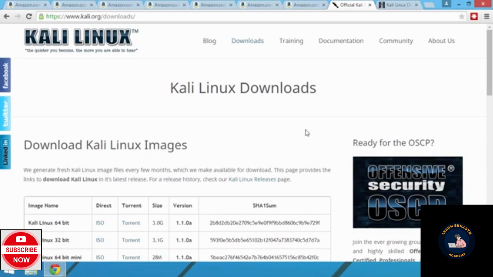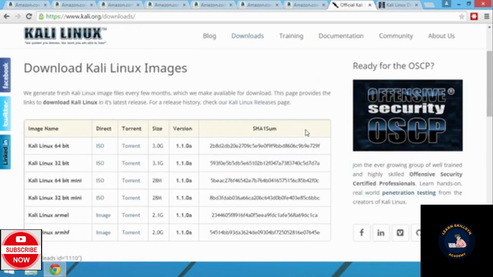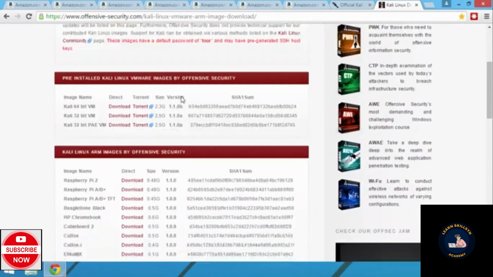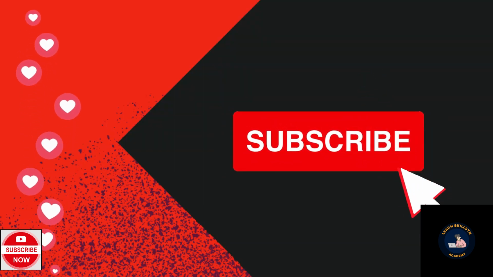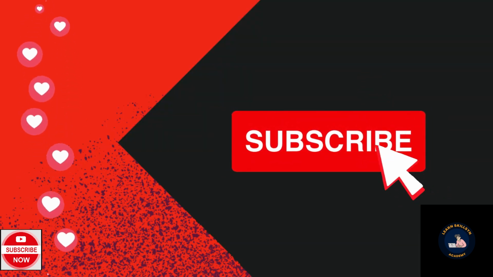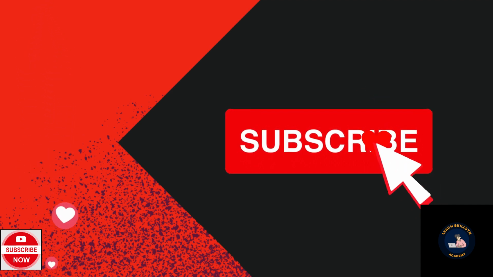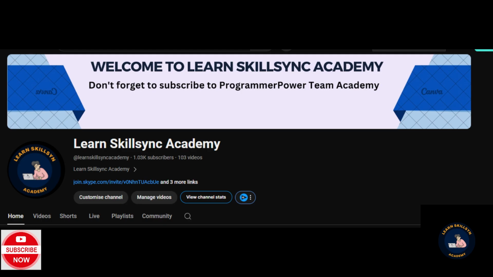As for the software used in this course, we will primarily use Kali Linux, which is the successor of the well-known Backtrack Linux used for hacking and penetration testing. Kali is available for several CPU architectures, and on the Offensive Security website, we can find images of Kali Linux available for VMware, which is a virtualization